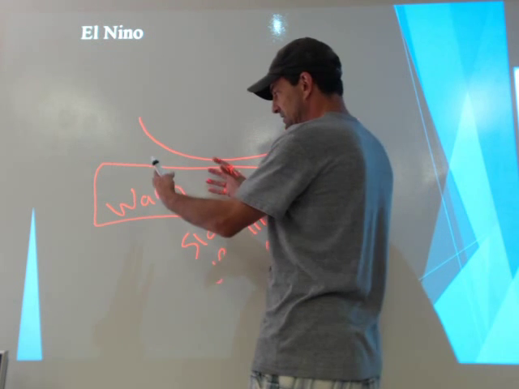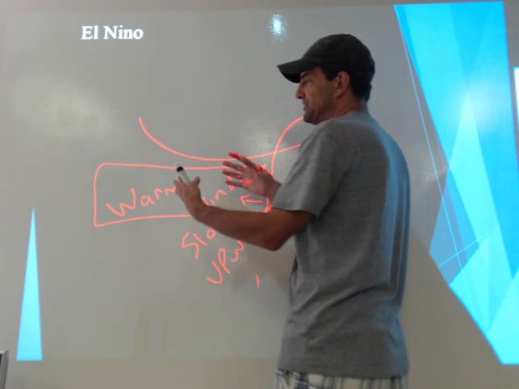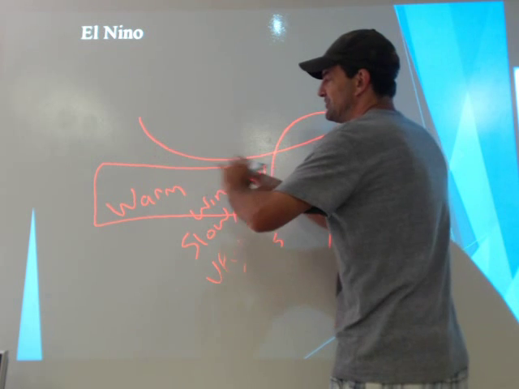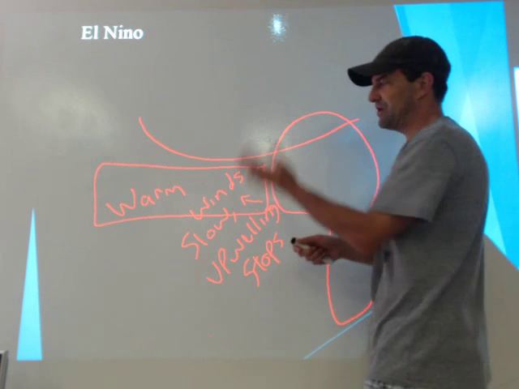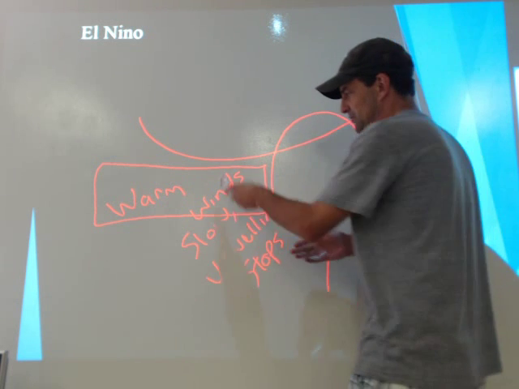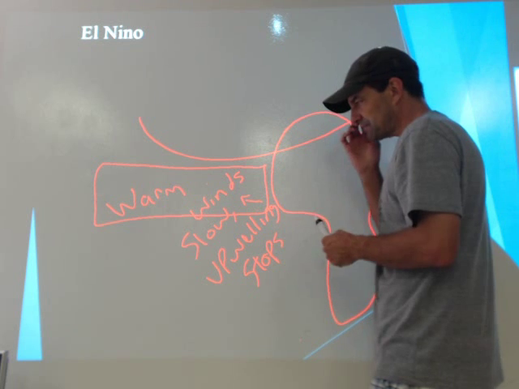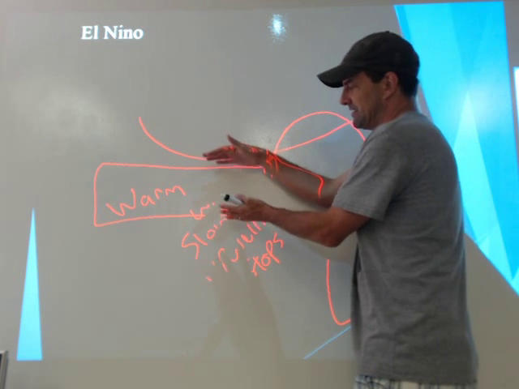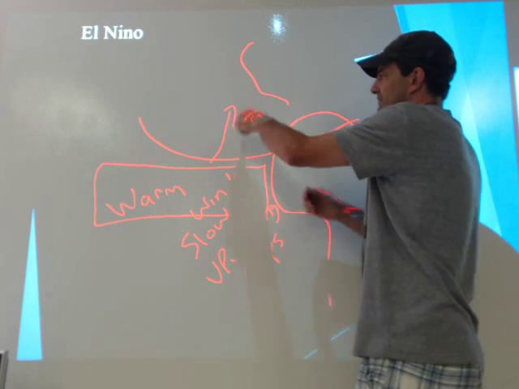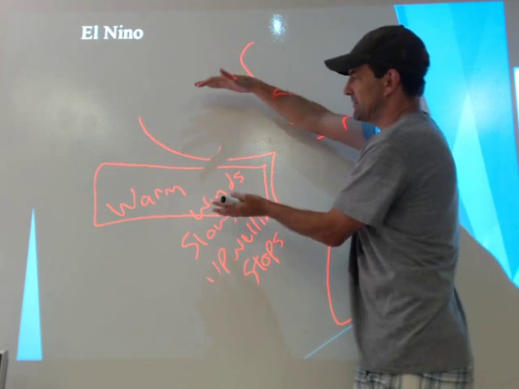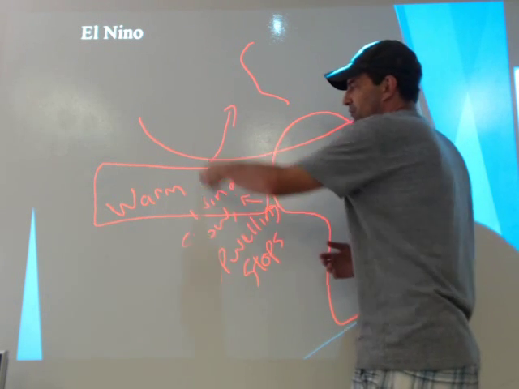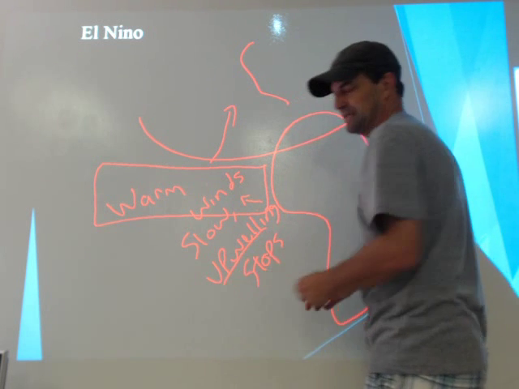That adds more energy. You got all this warm energy, you get a lot of evaporation, it adds more moisture into the atmosphere. And so this huge area of warm water then changes the weather patterns all across the whole country, and it also shuts down this big fishery in this area that's normally productive. And the El Nino is focused on the southern Pacific, but it actually has an influence all the way up toward the coast of California, which is up here. And so in this whole eastern Pacific area, we have an influence of the El Nino, and it has an impact by warming the water. It stops the upwelling, and so there are large